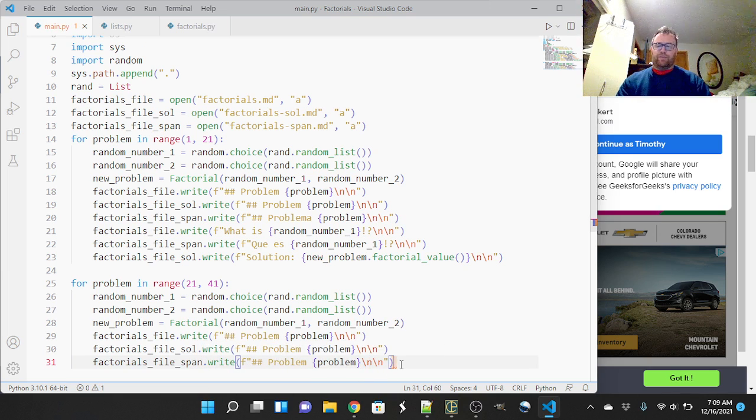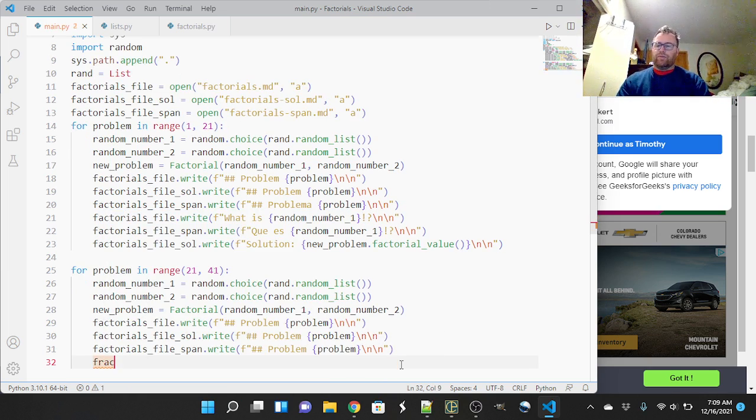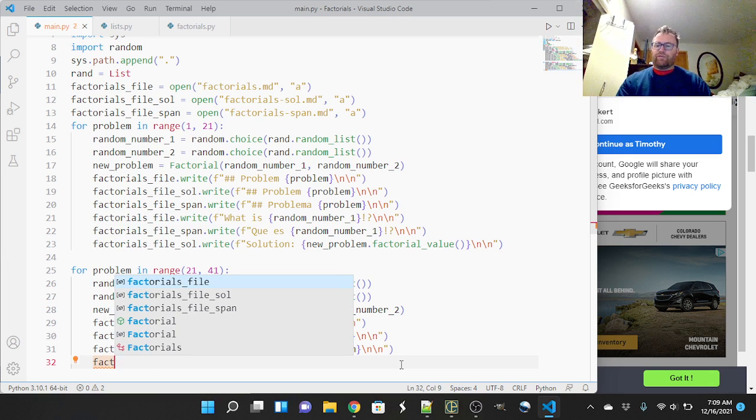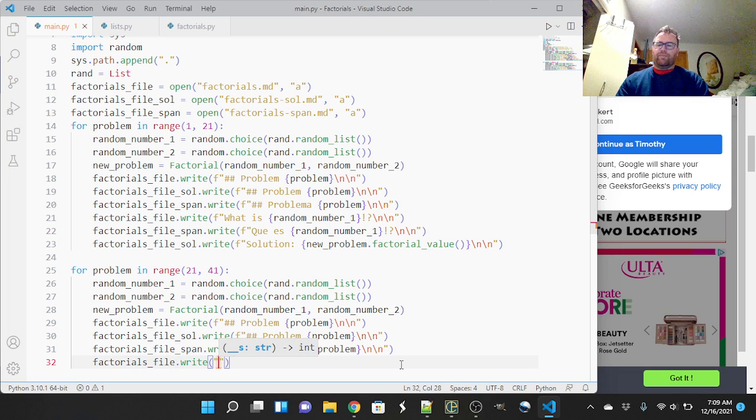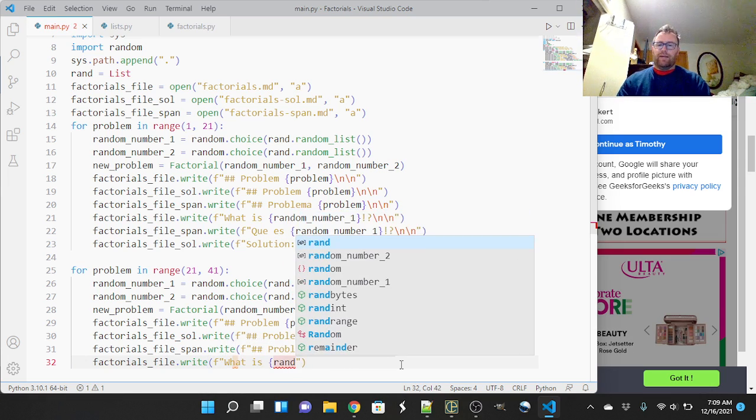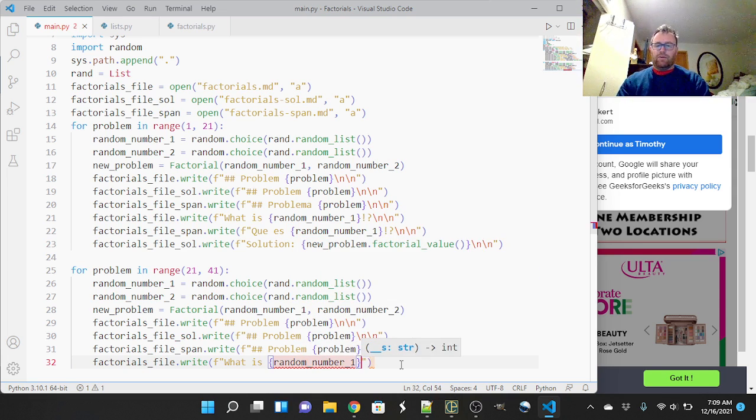And now we have to write out the problem. So we're going to say factorials file dot write, and we're going to do an F string, and we're going to say what is, as in random number 1 factorial plus, I don't want these lines to get too long,